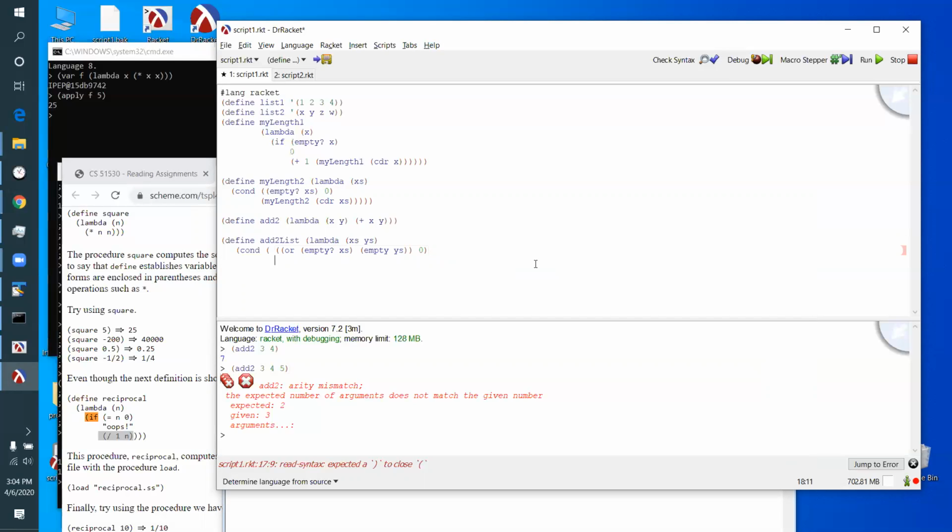Oh, no, I'm sorry. If that's false, they're both not empty. So if one of them was empty, I just return 0 because there's nothing to add. So now they're not both empty. They both have something in them. So I'm going to add up, actually, I'm just going to add up the